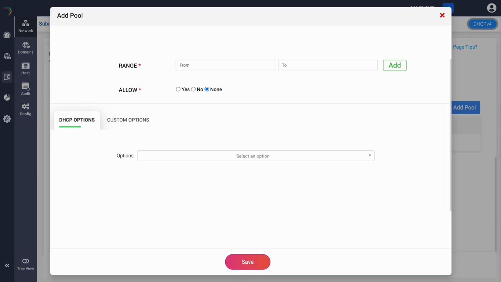So on clicking the Add Pool button, we'll get to see the Add Pool window. Here you can define the address range by specifying the starting IP address as 100.100.100.2 and the ending IP address as 100.100.100.250 of the new pool within the chosen subnet, and click the Add button in green in the right end